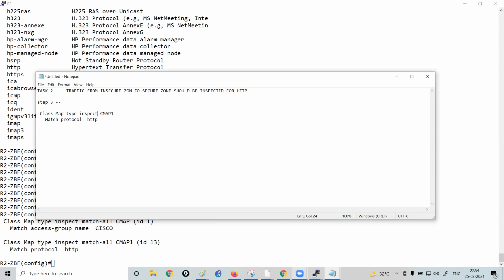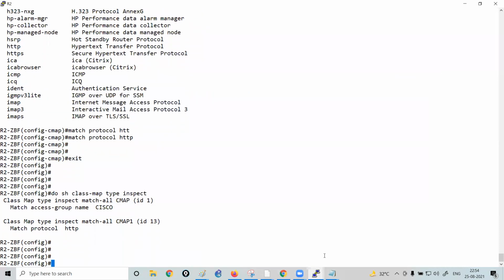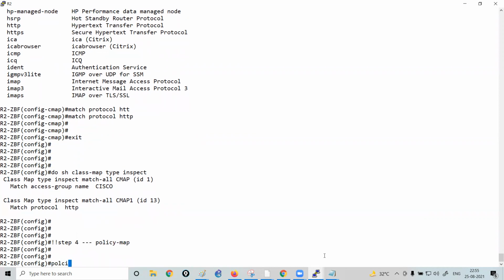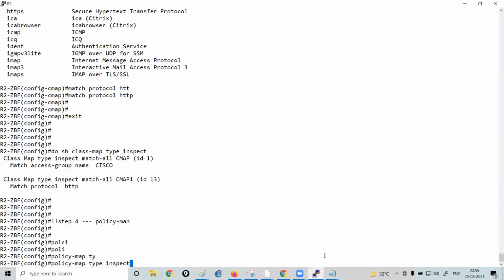Then we have to configure the step 4. What is step 4? Step 4 is to configure the policy map, right guys? So in the policy map, write down the policy map, then type inspect, and then the name of the policy map, PMap1.